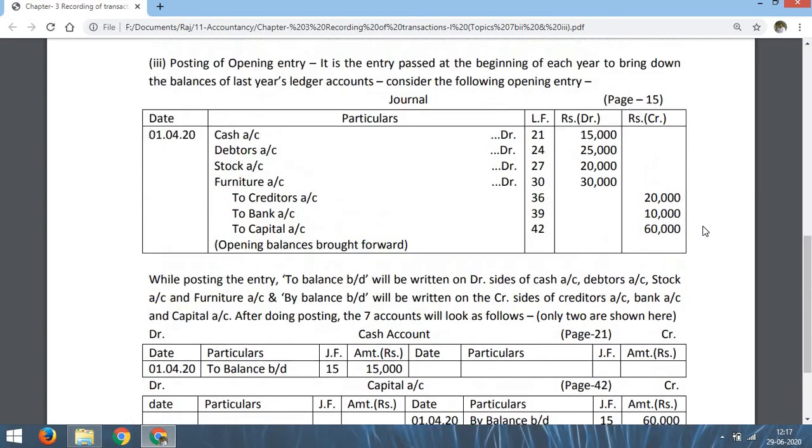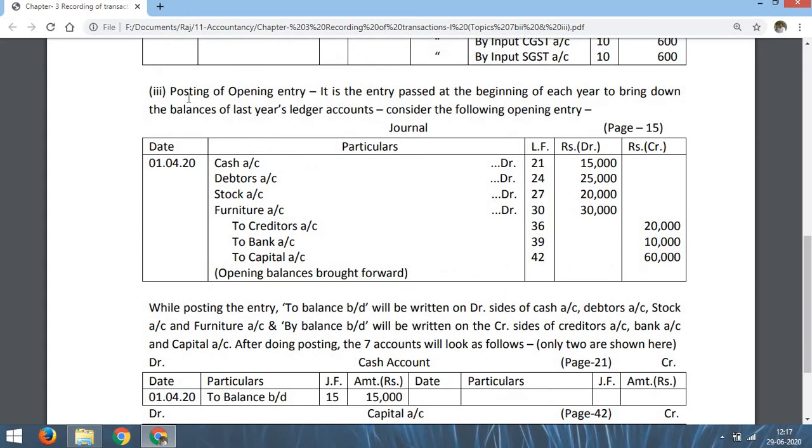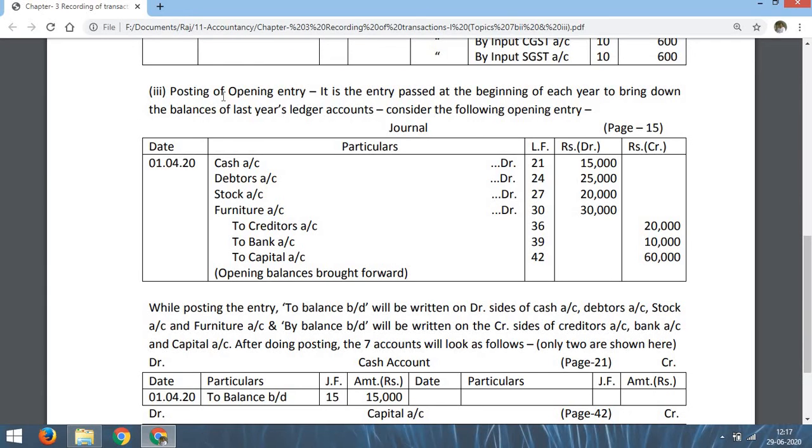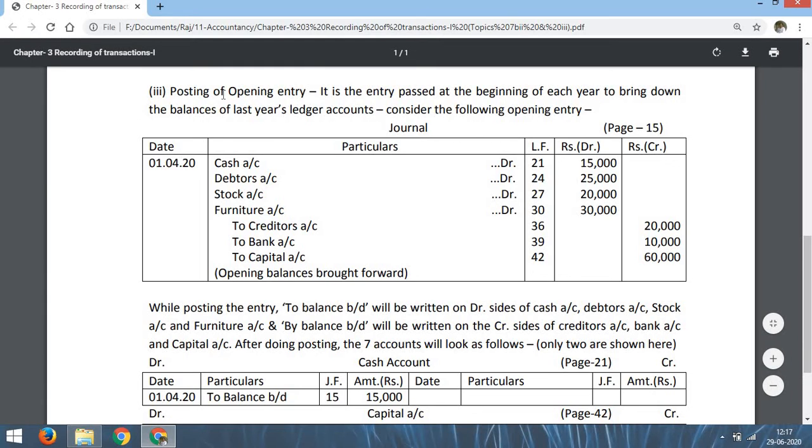Now I am going to discuss how to make posting of opening entry. Do you know what is opening entry? Opening entry is the entry which is made at the time of opening of accounts. It is passed two times: first, when the new business is started, and second, when the accounts of last year are opened in the next